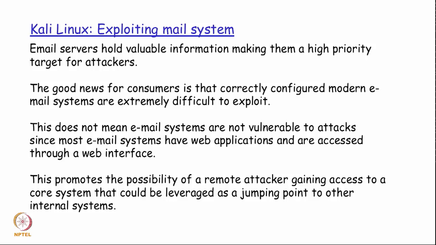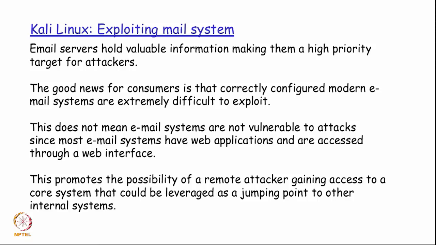One of the things that could potentially be made use of is a mail system for exploitation. As we know, email servers have details about the different mail accounts that are there and how the email server is configured. Using this information, the person doing the penetration testing could try to make it an entry point if it is considered a very high priority target. Although the SMTP protocol, which is predominantly used for mail servers all through the internet, had a lot of loopholes in its earlier versions, the good news is that most of the later versions have got most of these